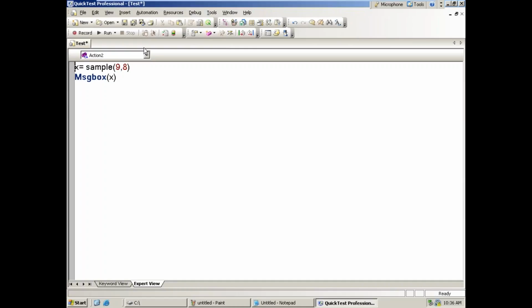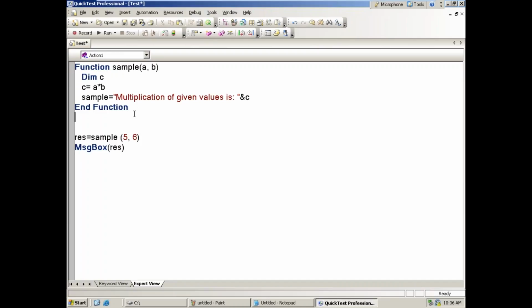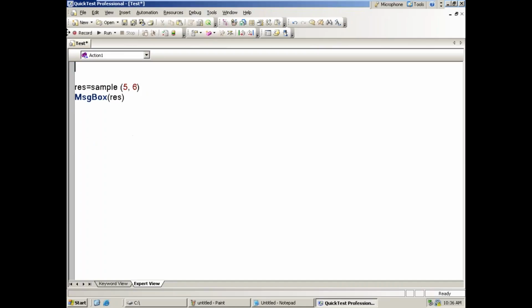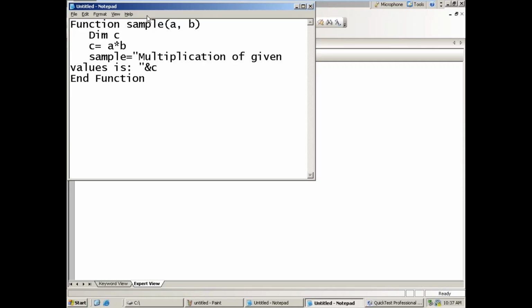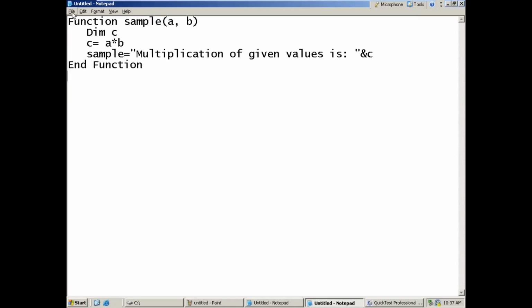Let me show one using Notepad how I can create. This function now I am not going to maintain in this action. I will open the Notepad here. Save file.